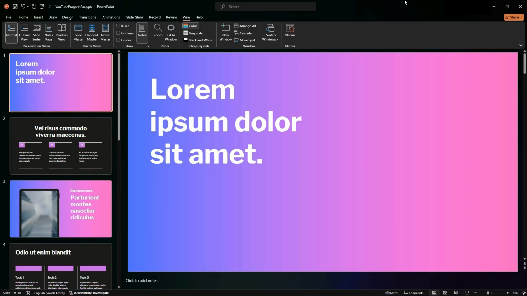Today we're going to be looking at how to add a progress tracking bar to your PowerPoint presentations using a macro. This is by far the easiest way of distributing the shapes evenly among each slide, without the tedious and manual process of adjusting each shape manually. Ready? Let's get right into it.